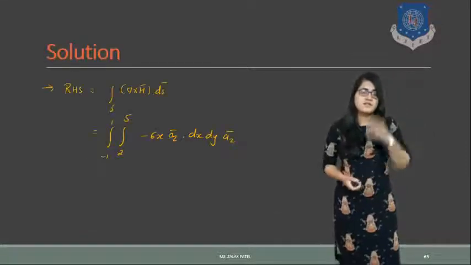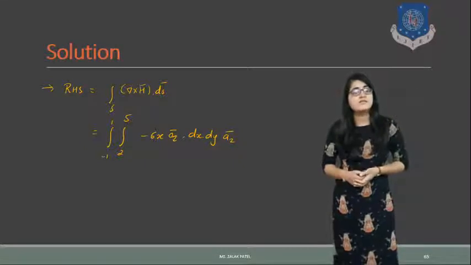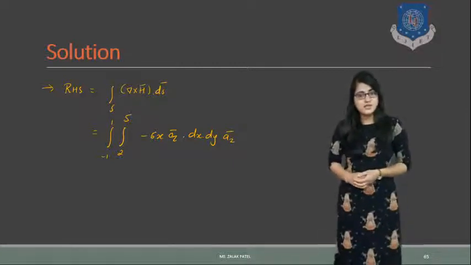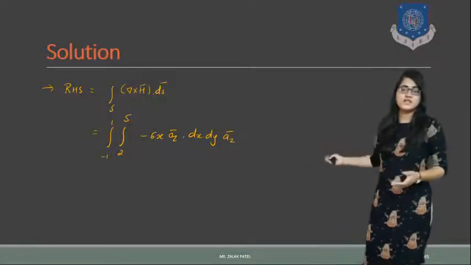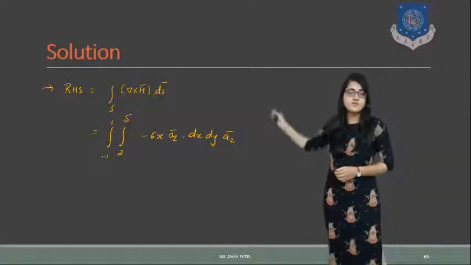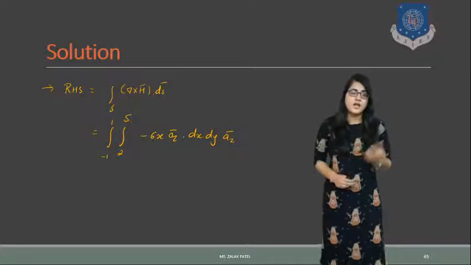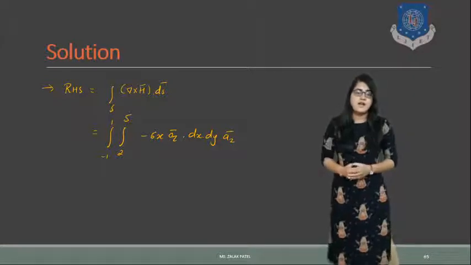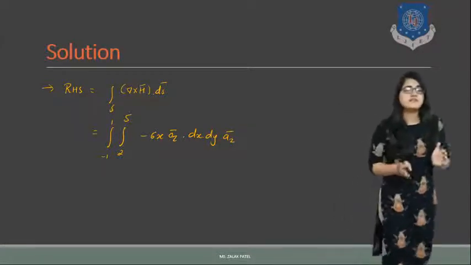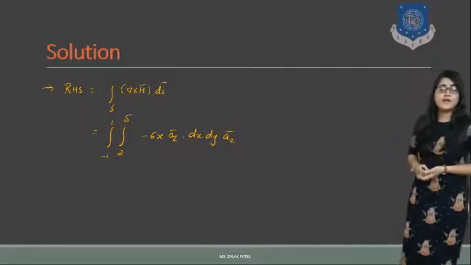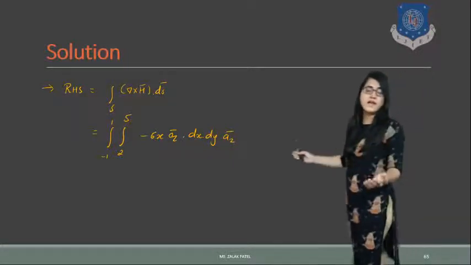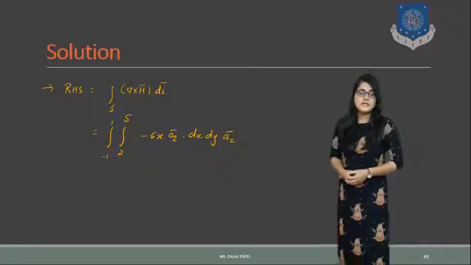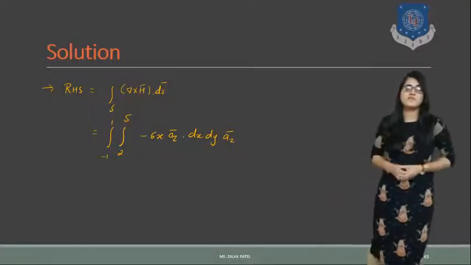Now the surface integration of del cross H dot dS has to be done with respect to the z equal to constant surface area. With respect to z equal to constant surface area, you have to change the limit of x and y. So x is changing from 2 to 5 and y is changing from minus 1 to 1. Now we have the answer for del cross H, so you put it over here, that is minus 6x az. With z equal to constant, for the Cartesian system x and y are changing, so the differential is dx dy, and you have to integrate with respect to x as well as y.